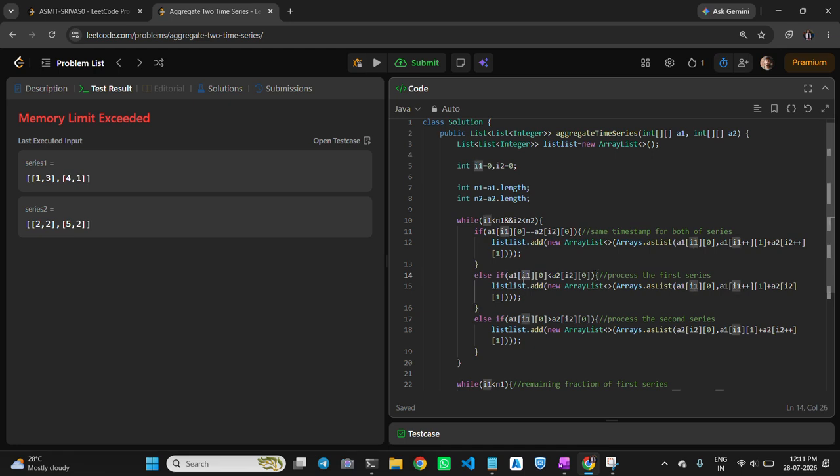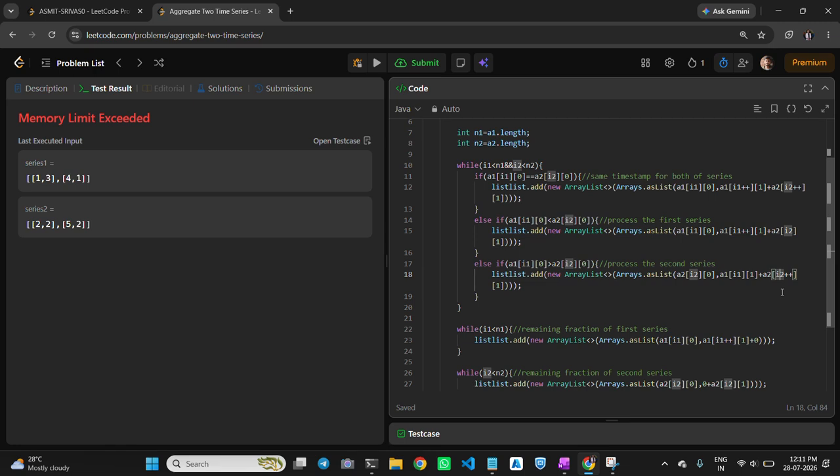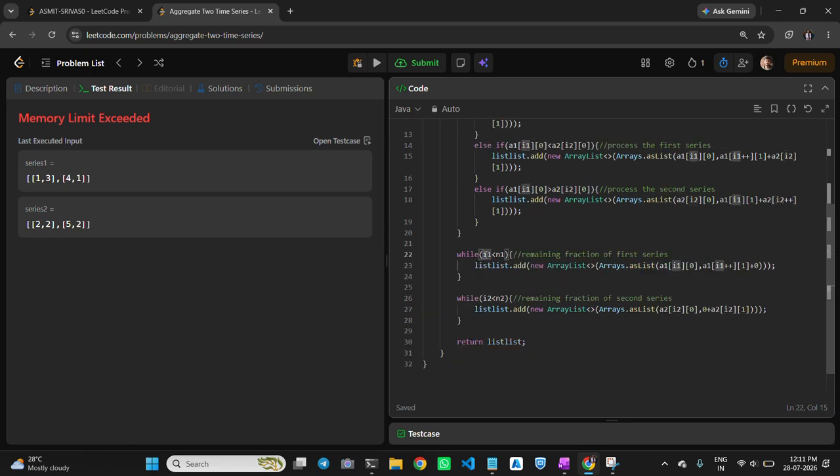If the first series has less timestamp, then I consider the first timestamp, and since it has been processed, I increment the i1 pointer. And if the other pointer is there, I consider that and I incremented that as well, while i1 less than n1. Yeah, sorry, here you have to do i2 plus plus.